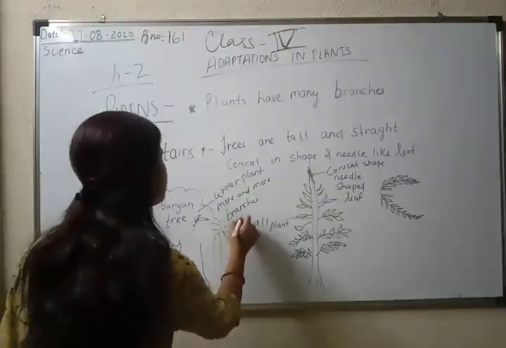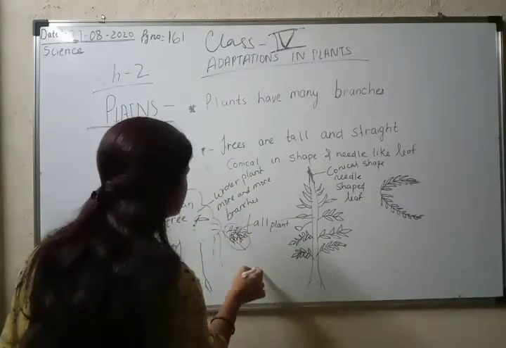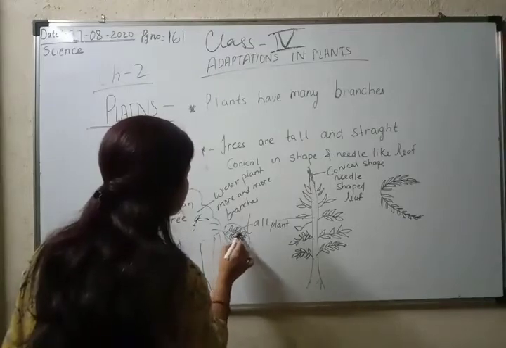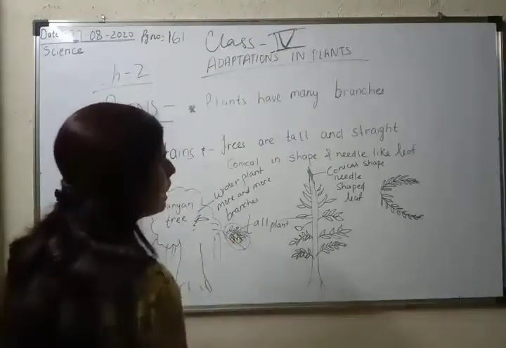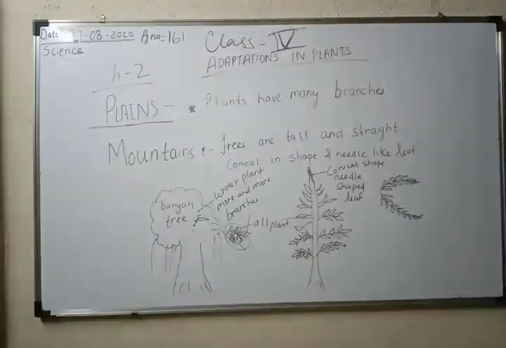Also in the rainy season, the water falls on the ground through these leaves, and these leaves can easily be saved by the upper leaves. So that's why in the plain area you will usually see plants with very wide branches. For example, mango, neem, banyan, peepal, etc. Banyan is not given here, but banyan is also an example. Mango, banyan and neem trees, you must have seen these types of trees.